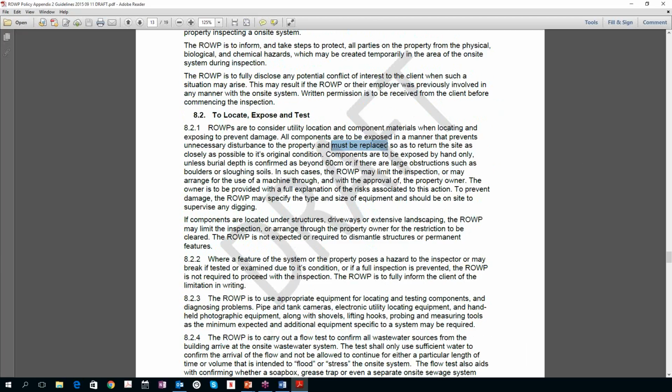We've had a few complaints where I've seen pictures from the owner where it looks like a bomb went off. The mess was just unbelievable. Typically we have to dig away the sod and put it to one side, dig away the dirt, put it on a tarp, and put it all back together again the way we found it so that it's hard to tell that we were even there. We are supposed to be doing this by hand if we can.